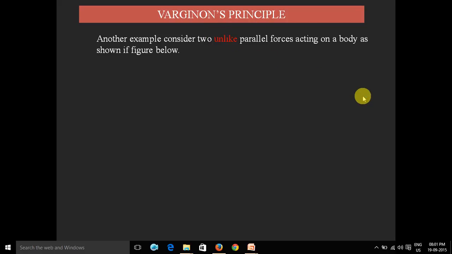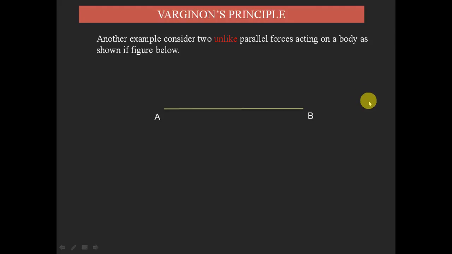To find out the unknown elements whenever we are solving engineering problems, I'm going to take one body here, AB, as a body on which the two unlike parallel forces F1 and F2 are both acting in two opposite directions. Unlike means they will be acting in two opposite directions. So F1 and F2 are acting on a body AB in two different directions. So in this condition we need to apply the Varignon's principle, in which we have to